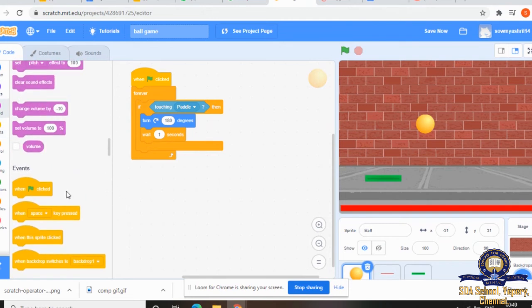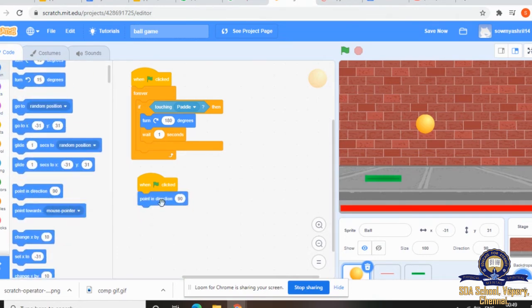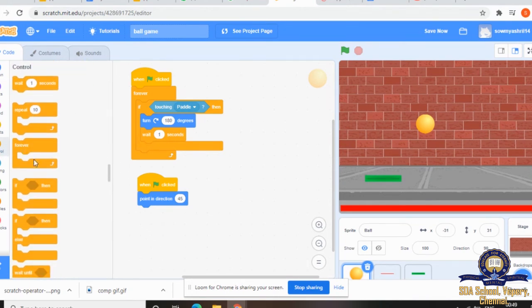Again, go back to events. Click when clicked. Then we'll give point in direction, motion. We'll give 45 degrees. Then again we'll go to control, take forever. Just forever is enough.